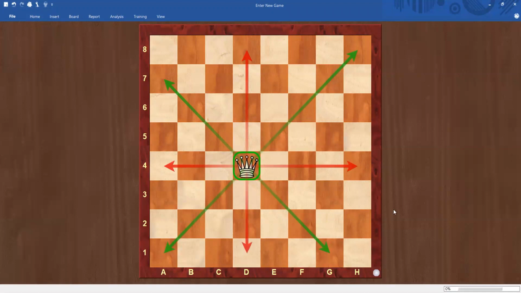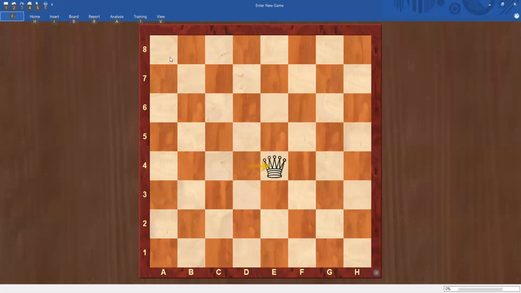The only power the queen doesn't have is that of the knight. It can't jump, but it can move like a rook and the bishop. If it is on a white square, like e4, it will move like a white square bishop. And when it is on a black square, it will move like a black square bishop in diagonals. And it will move in straight lines like a rook.